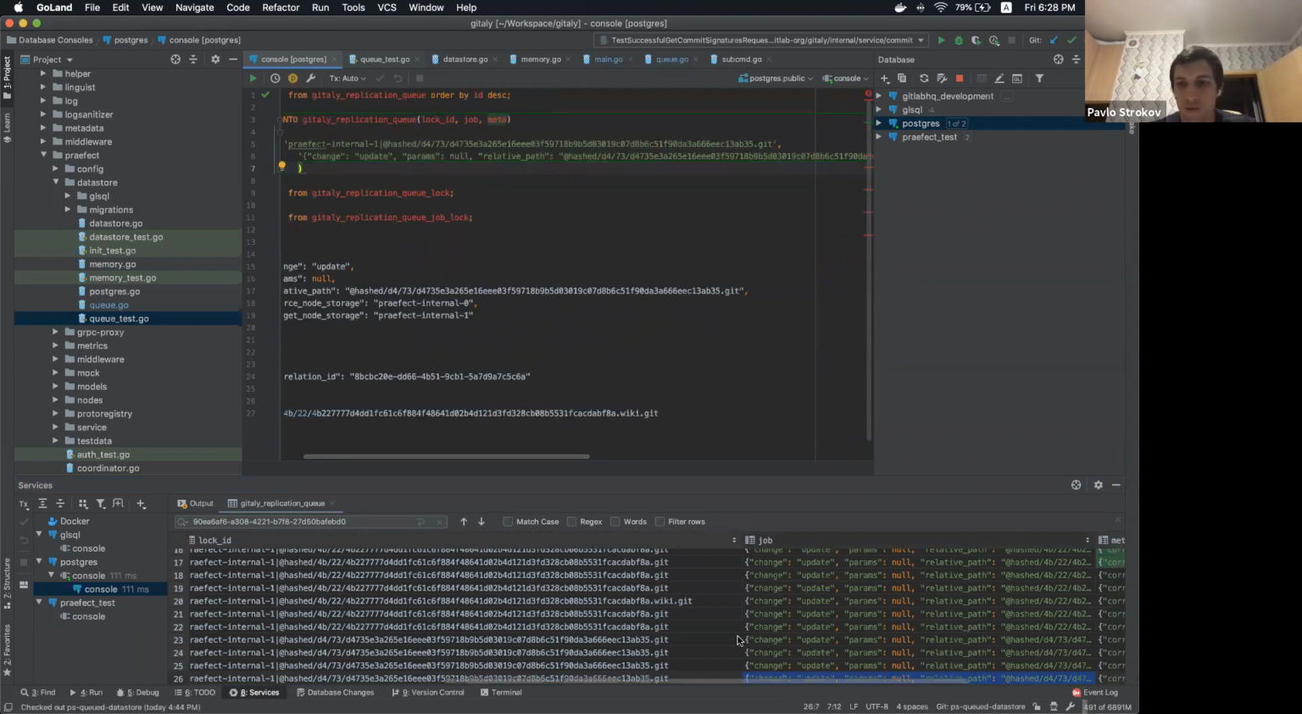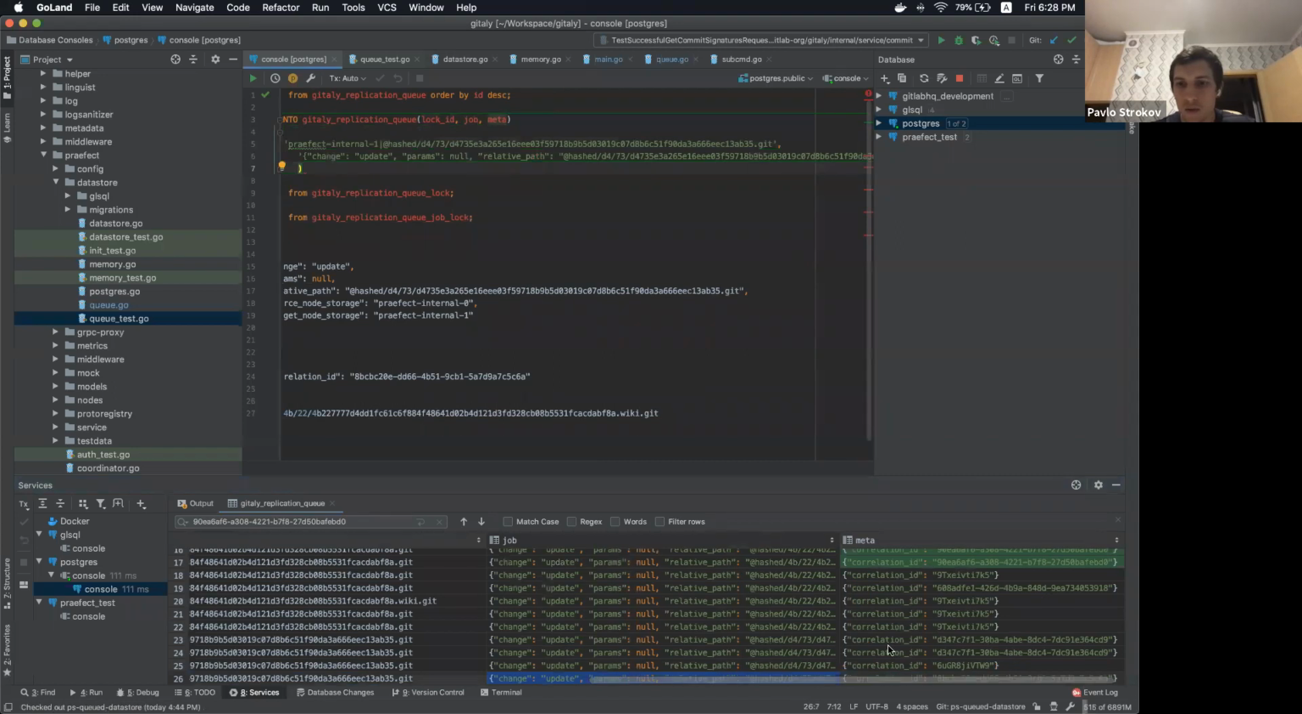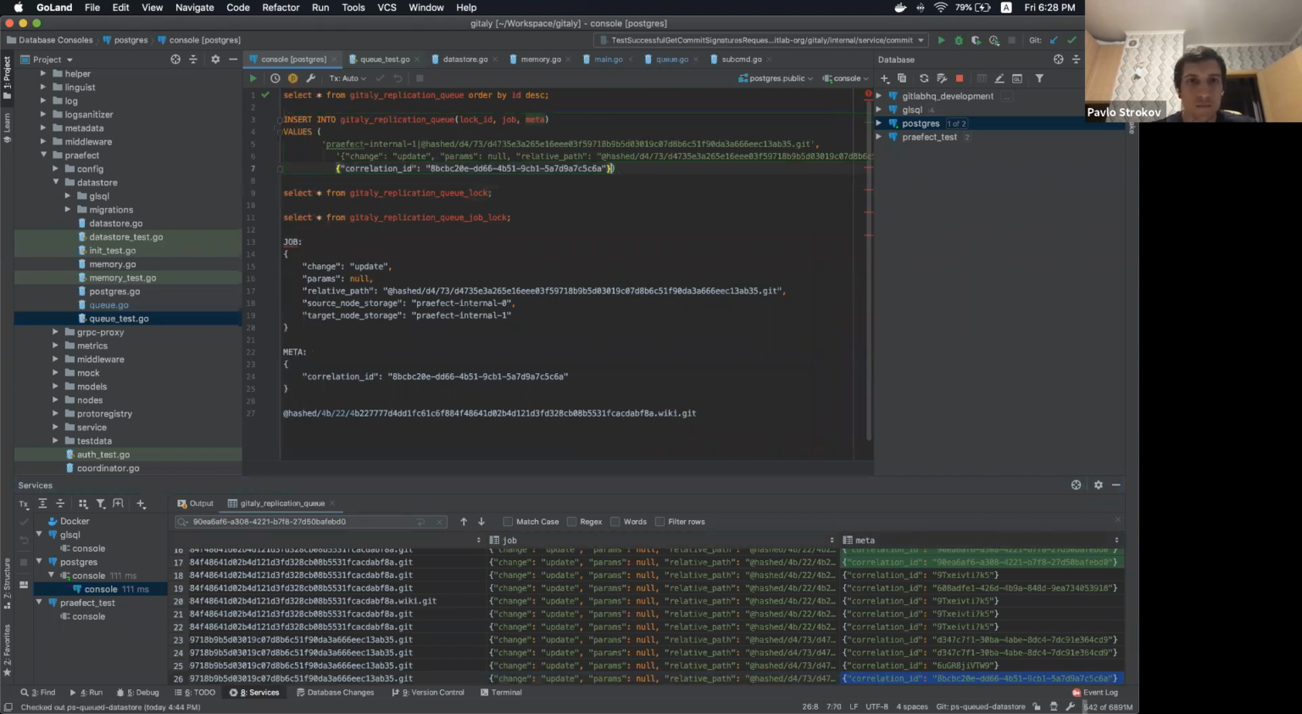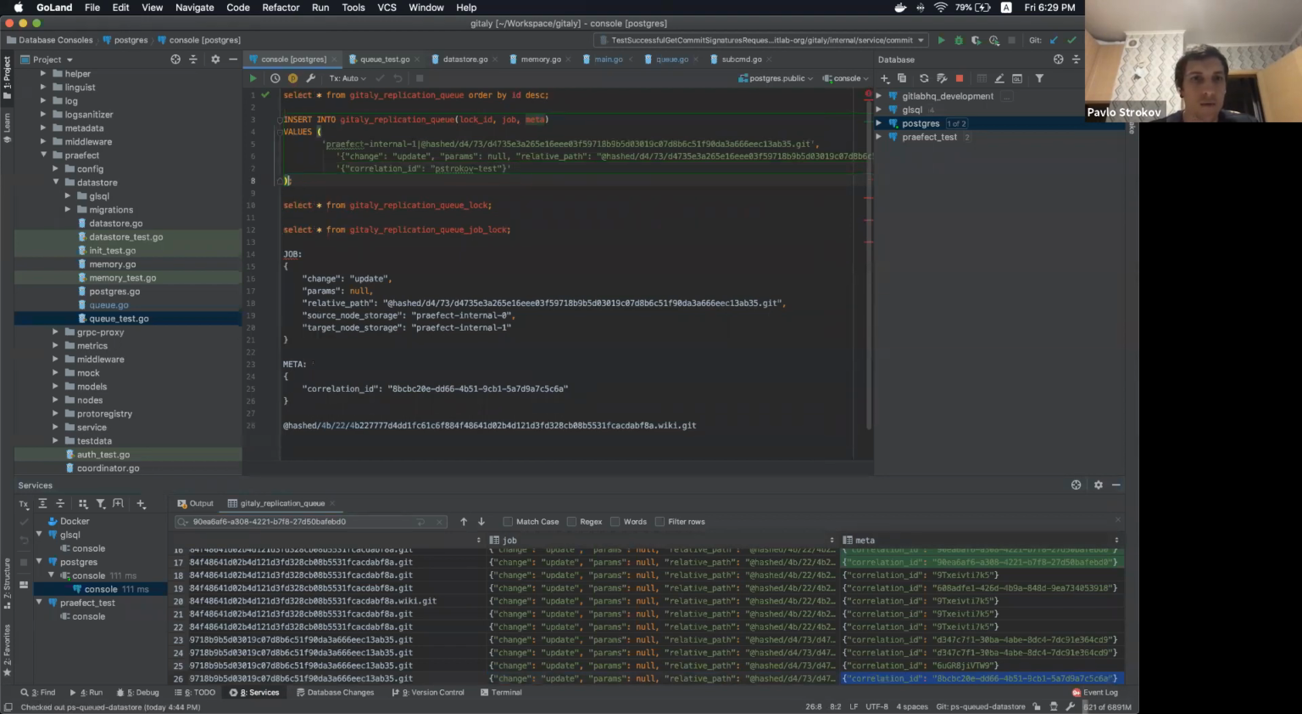And meta information, we should use some correlation ID. Just let's use this value. So we have